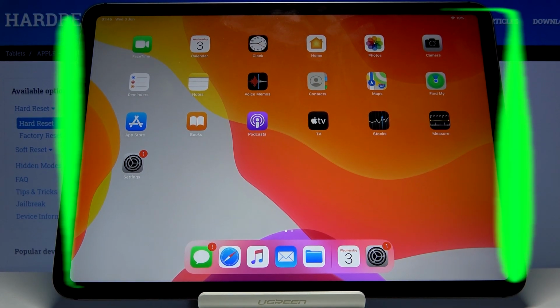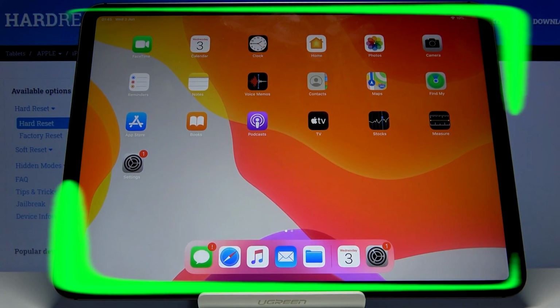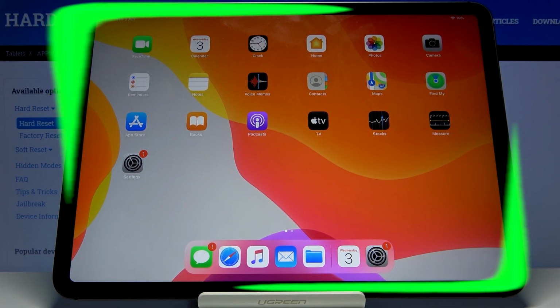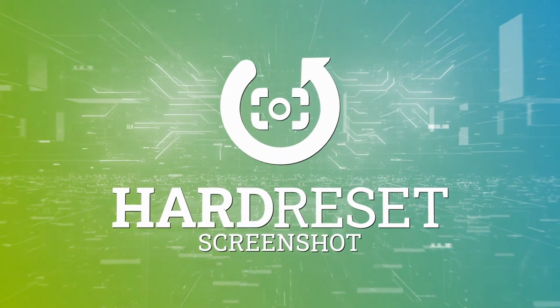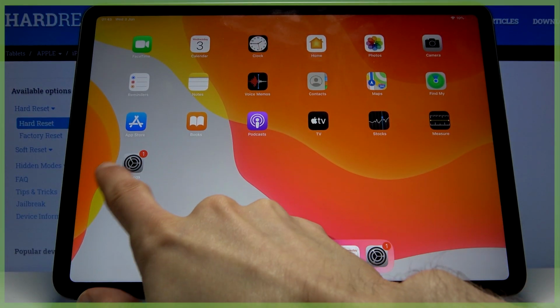Welcome, from me is an iPad Pro 11 from 2020, and today I'll show you how to use the screen recording feature. So number one, we'll need to add it into our